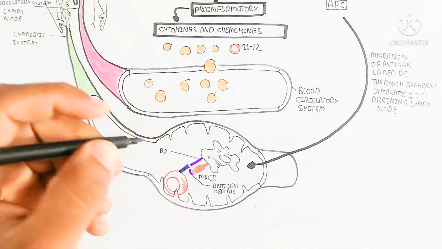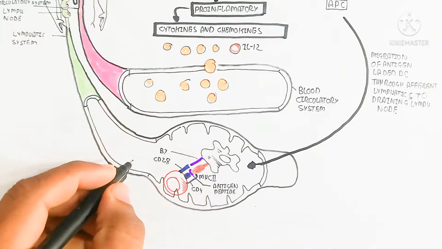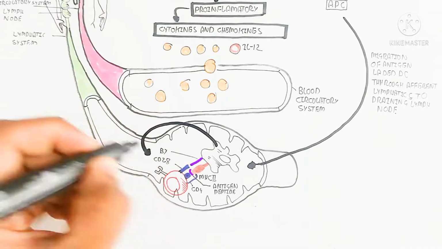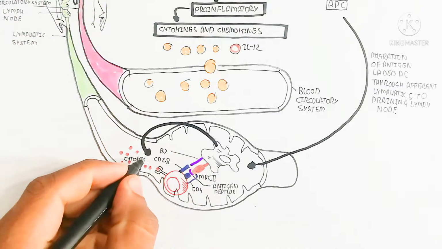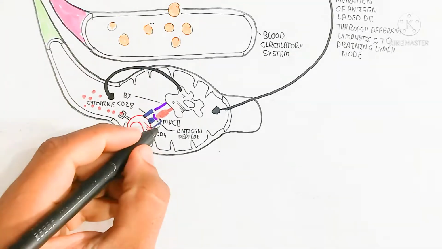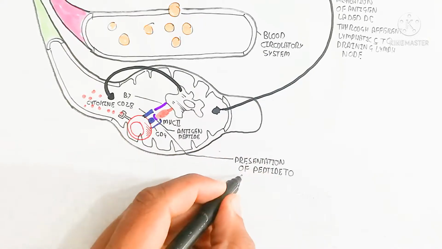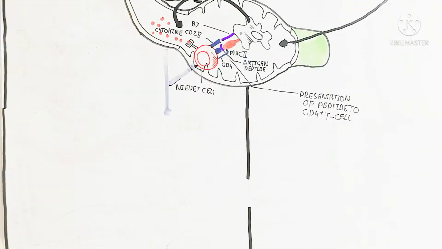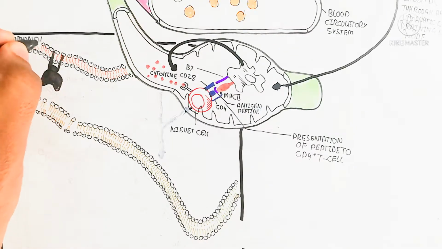Here you can see the B7 molecule binds with CD28, and the MHC class 2 molecule binds with the T cell receptor as well as CD4, for example in the case of a T helper cell, while the CD8 is different, for the cytotoxic T cell. They also produce cytokines for the binding, and after the binding with the cytokines, the cell will move toward the infection site. The antigen peptide is presented by MHC class 2 molecules. Here is the naive T cell.